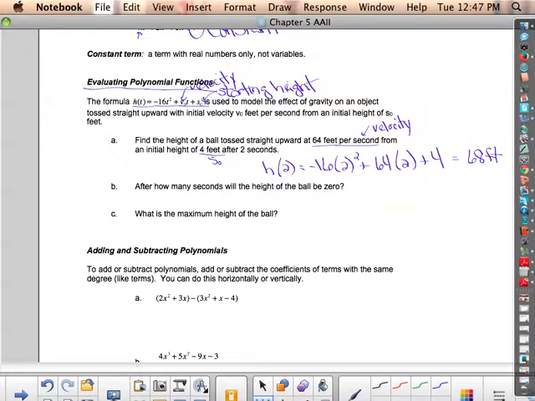Then it asks after how many seconds will the height of the ball be 0. So h of 0 is equal to minus 16t squared plus 64t plus 4. So h of 0 means that height is 0. And you have minus 16t squared plus 64t plus 4. And we actually can probably factor that. We'll factor out the minus 4